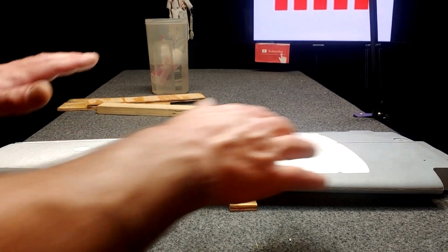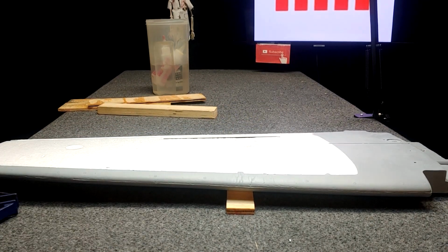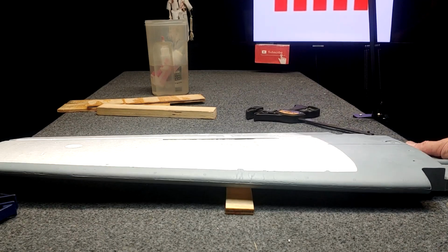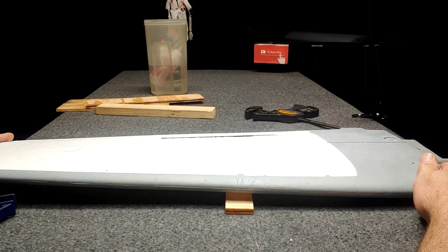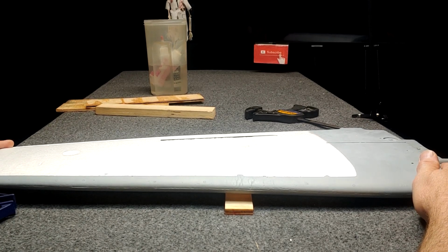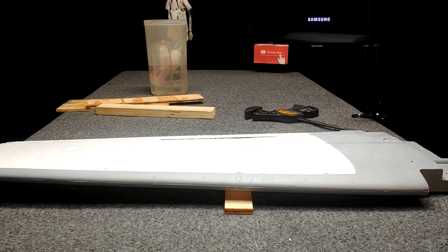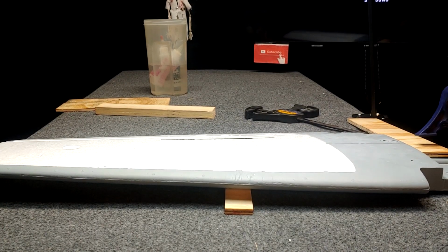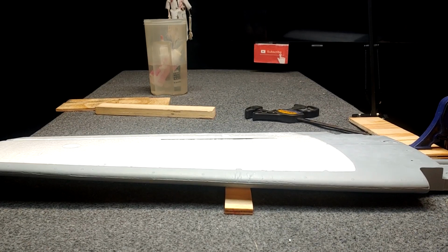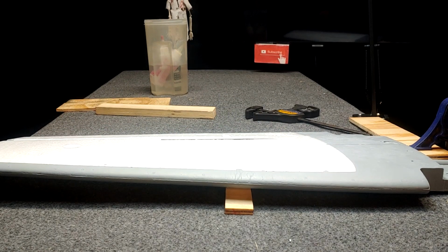Okay, epoxy time. That's what we need to do. All right, the epoxy's getting ready, but here's my idea to get it to straighten out while it's hardening. I'm gonna put this little strip of wood right underneath the brake. And then on this right hand side, I'm just gonna clamp it to my table. And on the other side, I'm gonna clamp it also, but I'll clamp it only as far as I need to. Right when I feel like it's straight, that's as much pressure as I'll put down on it. So that's going to be my idea. I'm going to put that on this side, like that. I'm not going to clamp the other side until we got the channel full of epoxy and